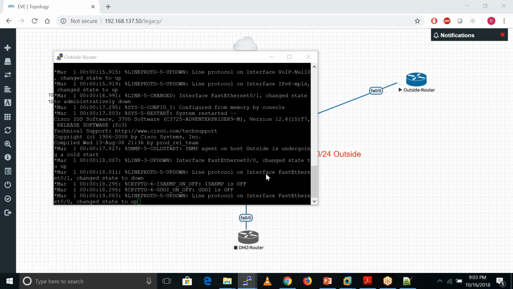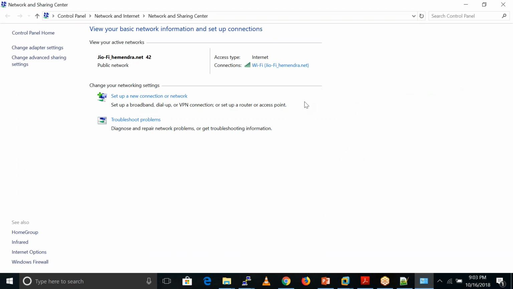Okay, so the thing is, we use a DHCP server to dynamically assign the IP address. Right, in your home, if you connect with the Wi-Fi modem, that time you get the IP address from DHCP. Same in my case also. I am connected with my modem here, so I am also getting the IP address from DHCP here. So DHCP is a server which provides the IP address. Okay.